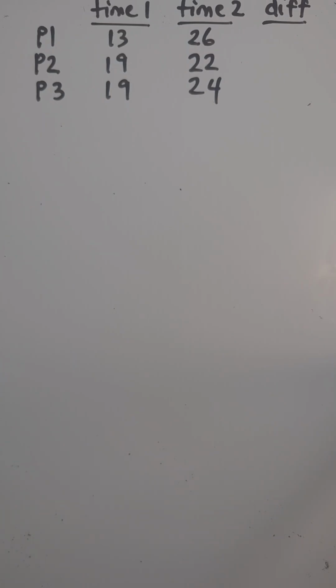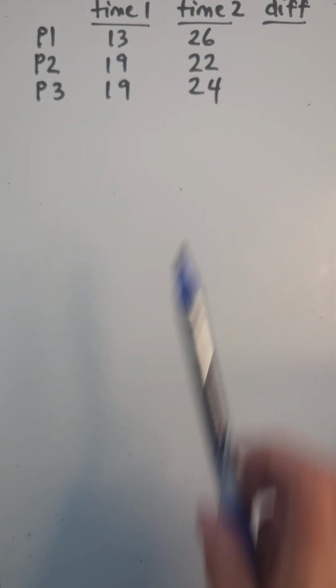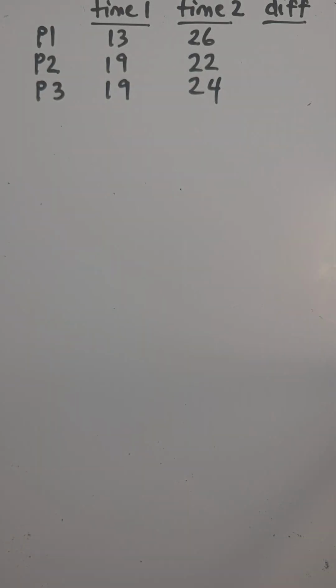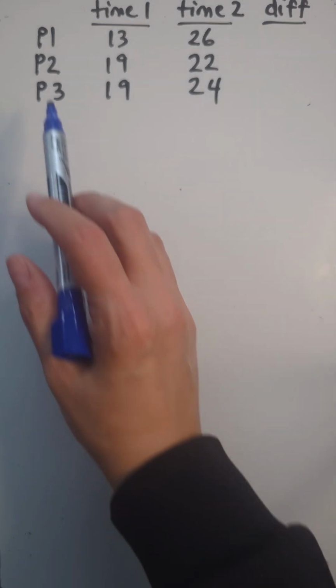Hello, it's Michelle here, and what I'd like to do is take some extremely small groups of observations from an extremely small group of participants, and it's made up data, by the way, and do a dependent or paired t-test calculation by hand, just to get a handle on what this test is doing. So the first thing that we want to note with these data is that there's 3 people